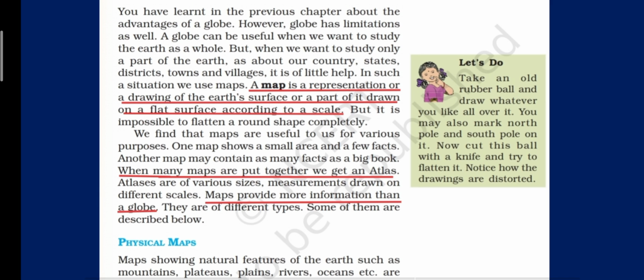Like, children, see here. This is a world map, and you can see all the continents are written here. So this map gives us fewer facts.